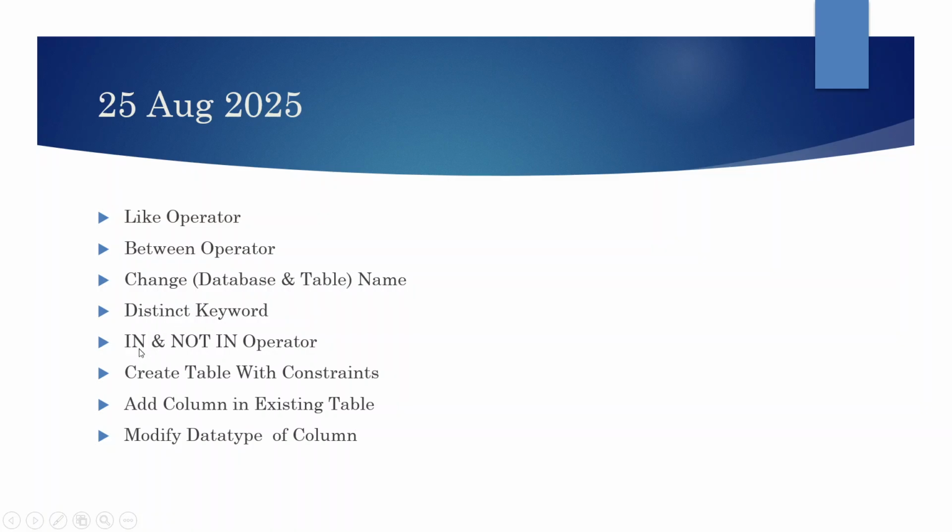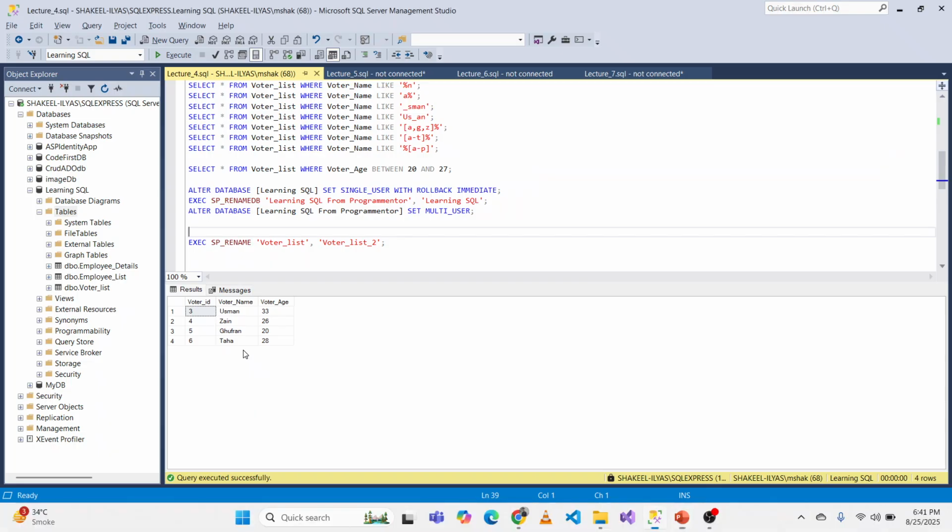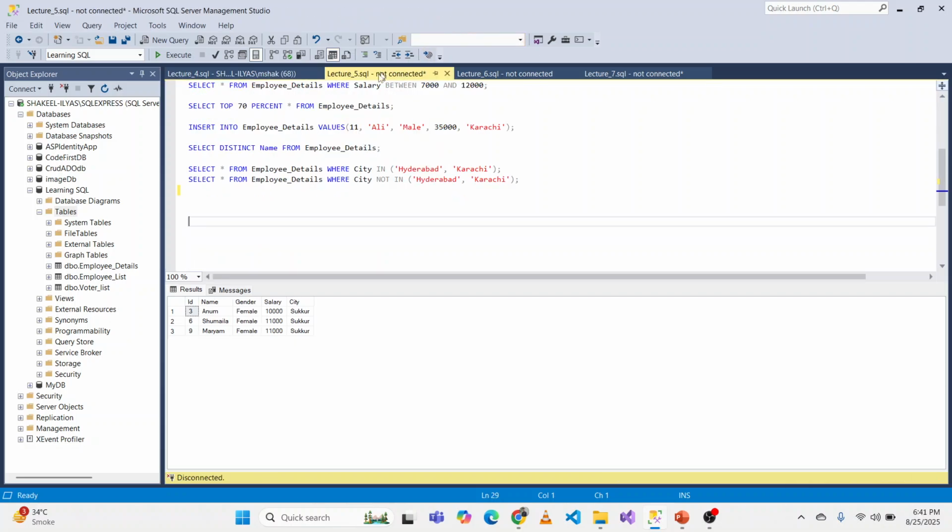And I learned the distinct keyword, the in and not in operators, and top 70 percent, which I already showed you. Here, distinct means getting unique values from employee details. If I run this command,